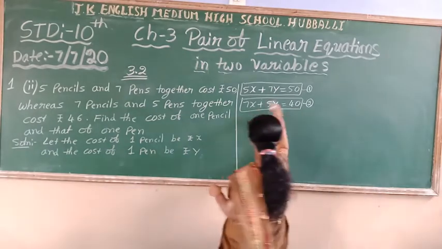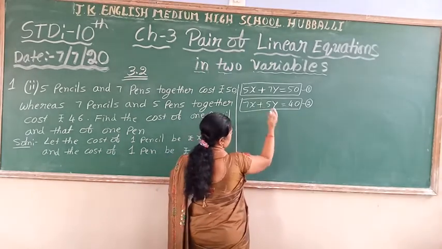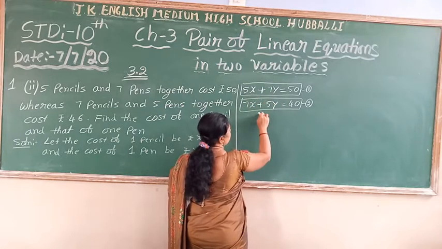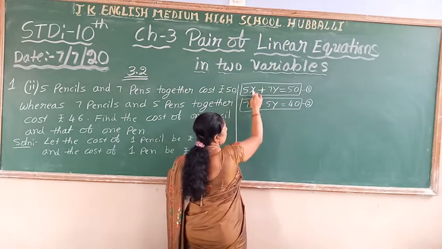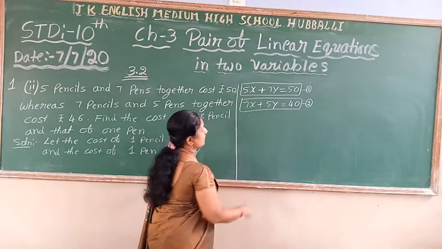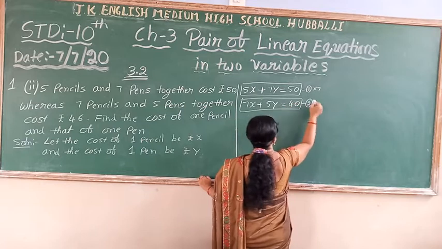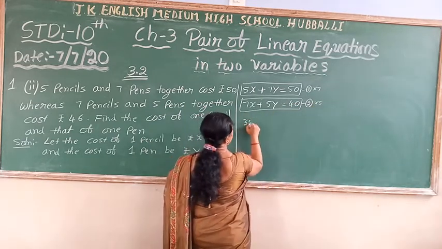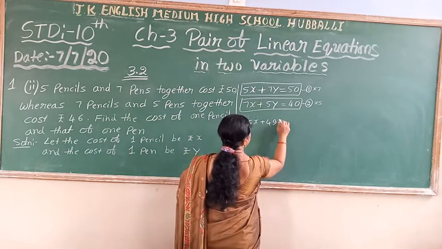So you have to substitute and find the value of x and y. Now I make it the same. Any one of the variables I have to make the same, so I multiply this equation by 7, interchange the numbers and multiply. This equation I am going to multiply by 7 and this equation I am going to multiply by 5. Then it becomes 7 5s are 35x plus 7 7s are 49y.